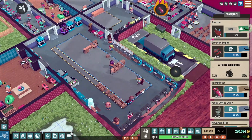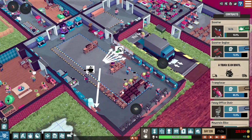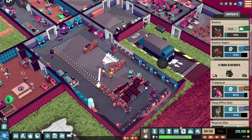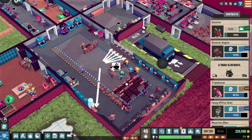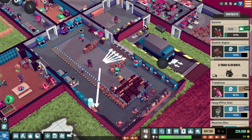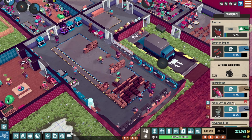Because, as you can see right here, they're pretty much done with all the sawing, so now they've got another huge stash of mats to work with. What I really like, by the way, is that the workers are moving everything to where it makes sense, right? We've got our advanced table saws out here, so everything that needs to go through the advanced table saws gets into this corner and doesn't get put up here or something, except for a thing or two, but mostly...